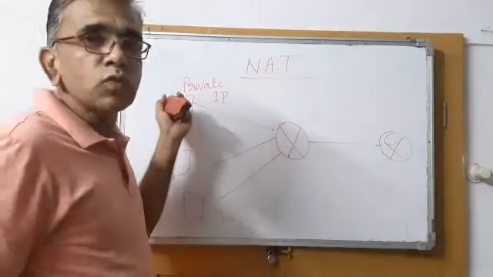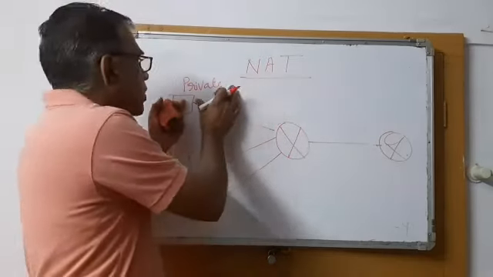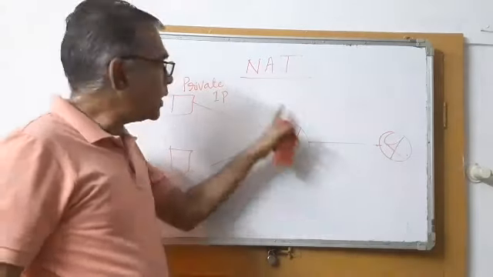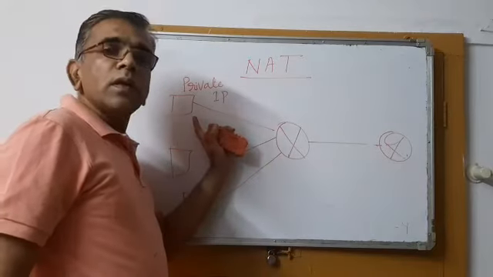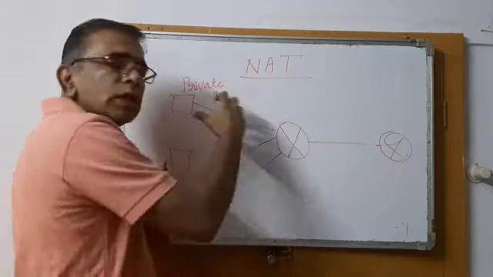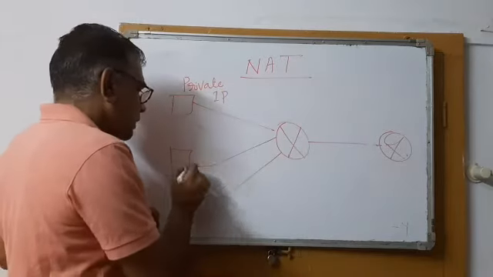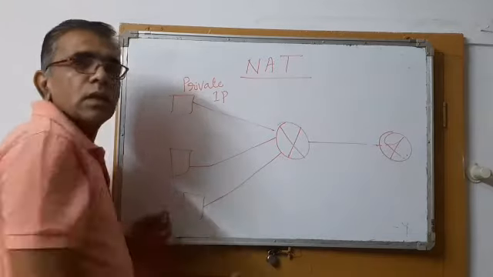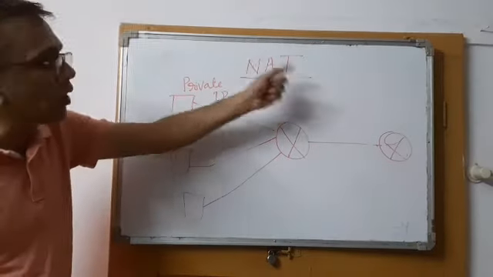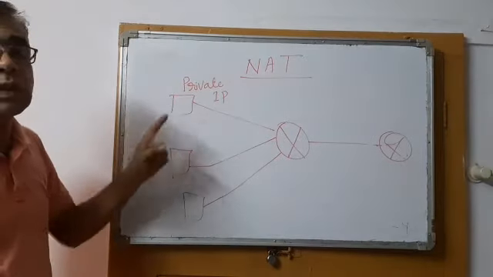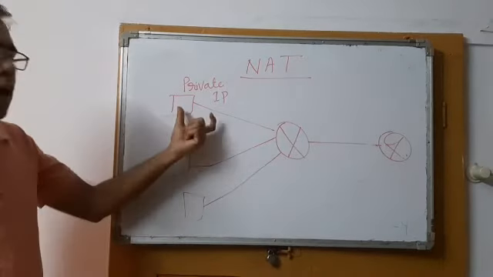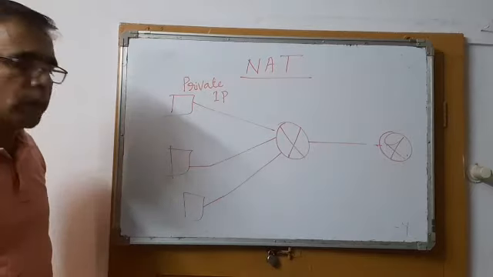But when it comes to private IP addresses, it is not so. You cannot access these machines outside this organization. They are meant only for internal usage of the organization. These private IP addresses are meant to be used inside the organizations. So, as I said, they are reusable. Some other organization may also use the same set of private IP addresses. There is no restriction on usage of private IP addresses inside the organization, but they are not allowed to be used for communication in the public domain.